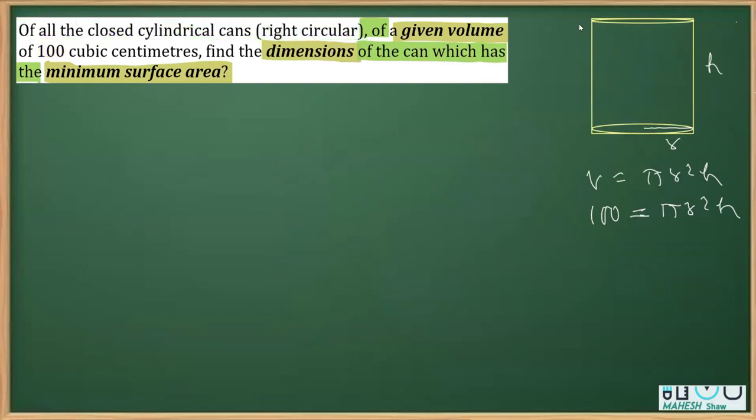Now let's figure out, we have to minimize the surface area. So we'll find the derivative of the surface area. Surface area by default has to be the total surface area, which is curved surface area plus area of two bases, which is 2 pi r square. Now I can see that we have two variables and need some substitution. The substitution is possible with h, that means I can isolate h here and write h as